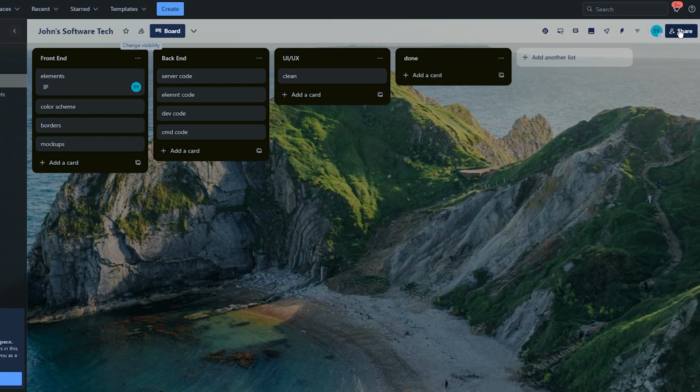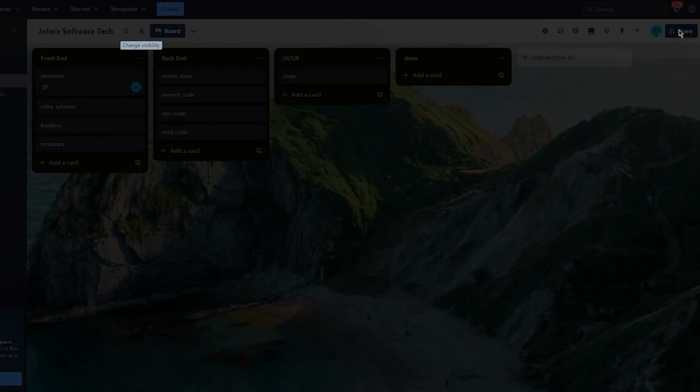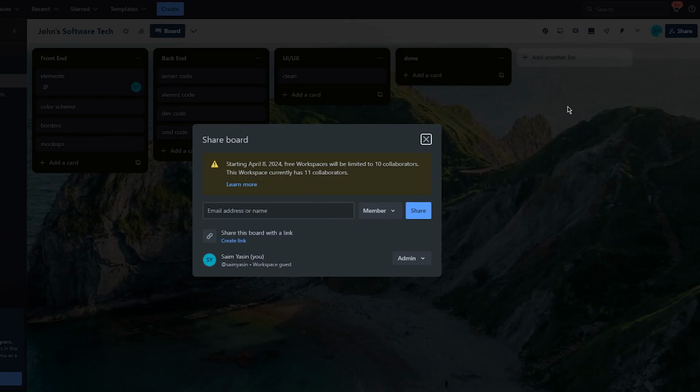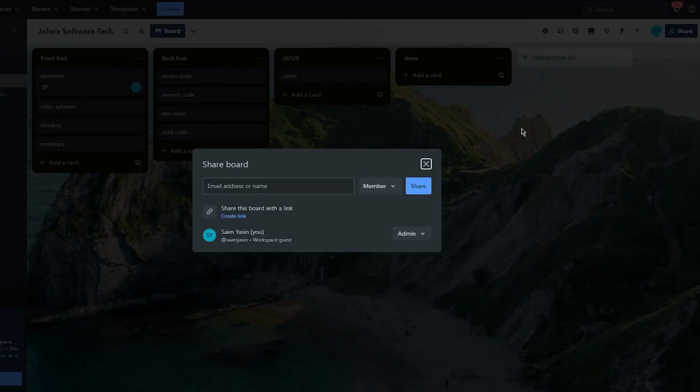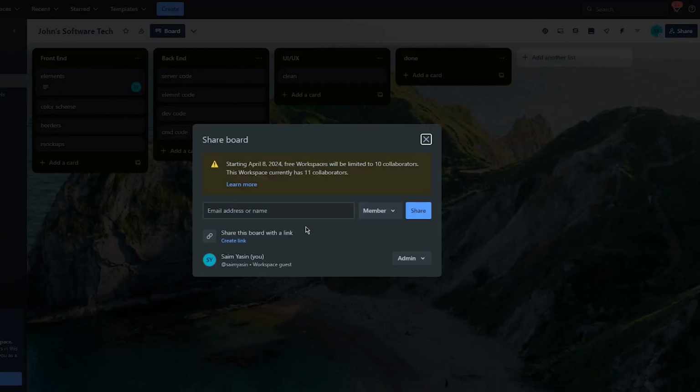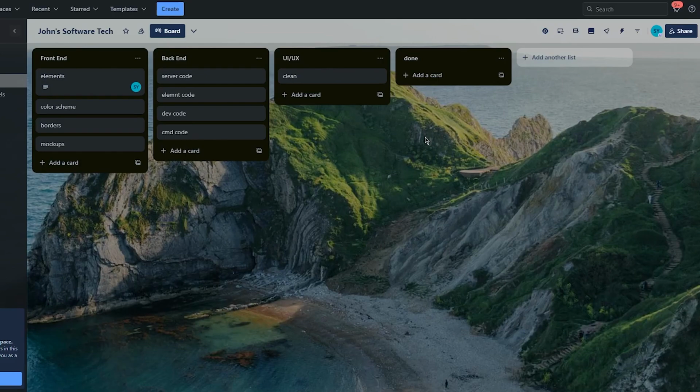Okay. Moving on, if you want to share it with your team members or project members, you can simply go ahead and click on the share icon over here. Once you click on the share icon, you can simply add an email or maybe a name that you can send an invite to. Pretty incredible, right? And that's the general idea when it comes to working with Trello as your very own